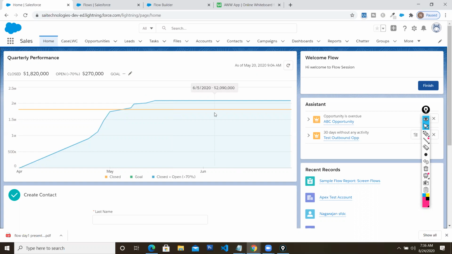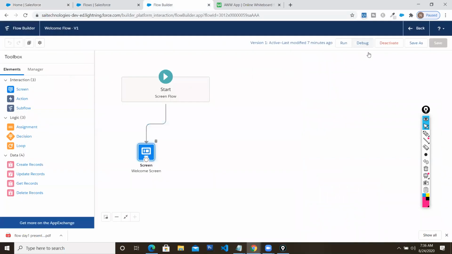Please. So anyone has any doubts? What is the difference between run and debug? Actually, see here, if you go for debug, just take it as before going to production. Before going to production, you will be testing your component, right? If the functionality is fine, then only you will hand it over to the end users, right? So debug means initially the developer is going to test whether it is working fine or not. If he is satisfied with the functionality, then only he can go for production. Production means he can activate the component. So debug means you are going to develop it and you are going to test it.